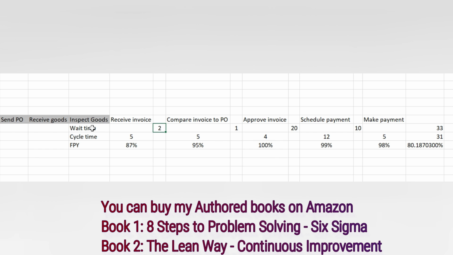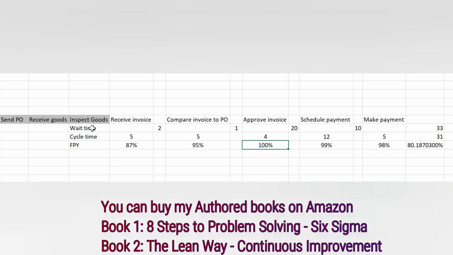Then there is a 2 minute gap between invoice received and when it is compared with the PO. That comparison takes 5 minutes, and the first pass yield at this particular step is 95%. So 5% of the invoices go back for rework. The wait time between comparing the invoice to PO versus approving the invoice is 1 minute, and the cycle time to approve the invoice is 4 minutes, and there is 100% first pass yield at this